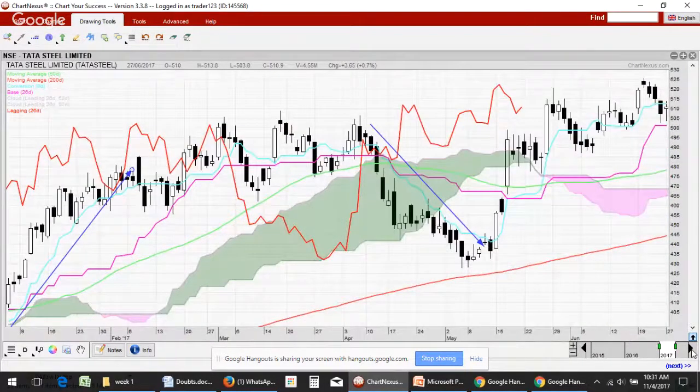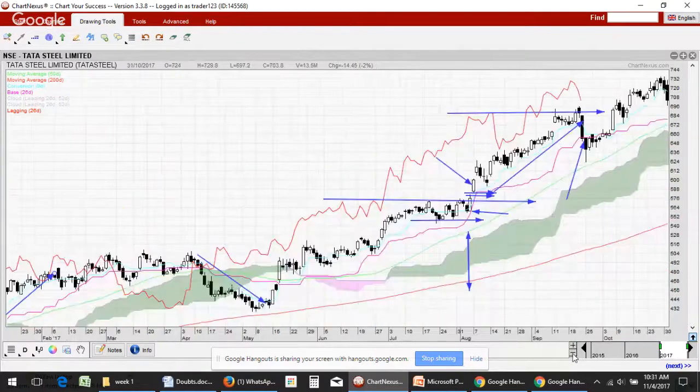The key is I would strongly urge, if you guys are going to be looking at charts, put an Ichimoku system on there. Even if you don't look at the Kijun and the Tenkan, and some traders do that, they just put the cloud in. The cloud gives you an indication of whether it is in a bullish trend or a bearish trend. It's an immediate indication. So you don't have to think about whether the stock is bullish or bearish. As soon as you see it's above this Kumo, you know it's bullish. You know you have to go for bullish strategies. And then if it's below the Kumo,